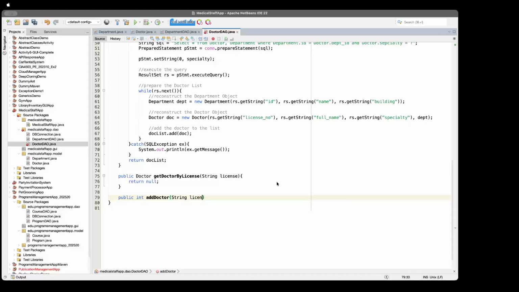So that would be the license number, string, full name, string, specialty, and finally string department ID. Yeah, remember, so here we have the department ID, because this is what the table is expecting, the doctor table. All right,